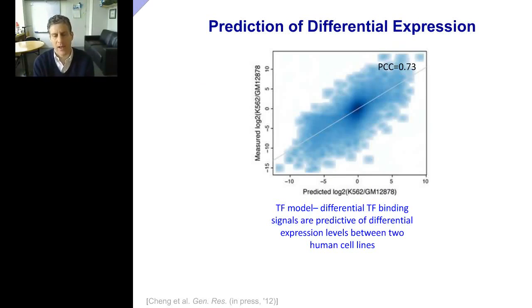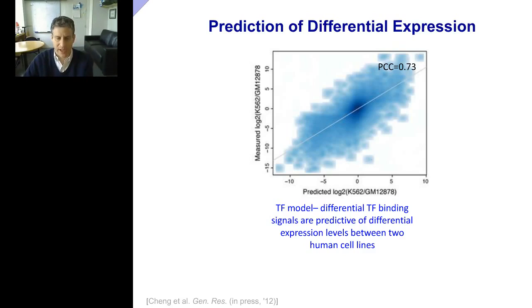If we have the gene expression in two different cell lines, we can look at the difference in expression, and if we have the epigenetics in those same two cell lines, we can look at the delta epigenetics between the two cell lines, or the differential TF binding. And we can find that the differential TF binding, how much the TF binding changes, is actually fairly predictive of the gene expression. Not as predictive as the absolute, but fairly predictive,